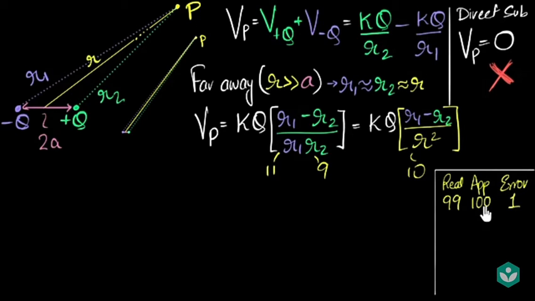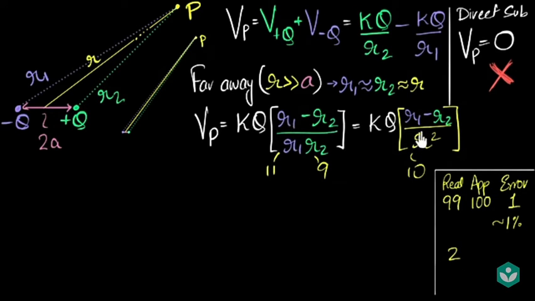And so what is the error? When you approximate, the error difference is positive 1. Compare the error to the value: it's 1 out of 99. It's almost like saying 1 out of 100, a 1% error. We are saying this equation is 1% wrong with these values, and being 1% wrong is no problem compared to the real value.